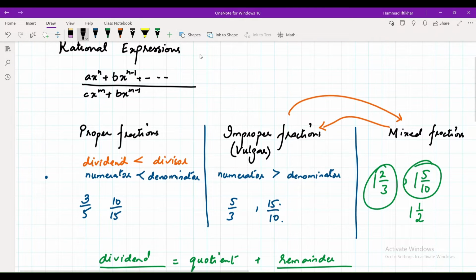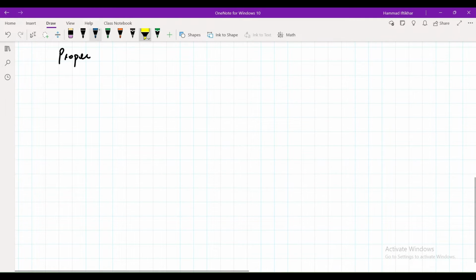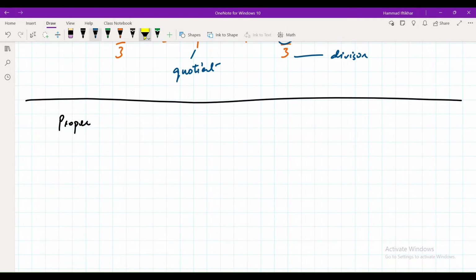The order of the polynomial is the highest power in that particular expression. So for the proper expression, the order of the numerator will be less than the order of the denominator,